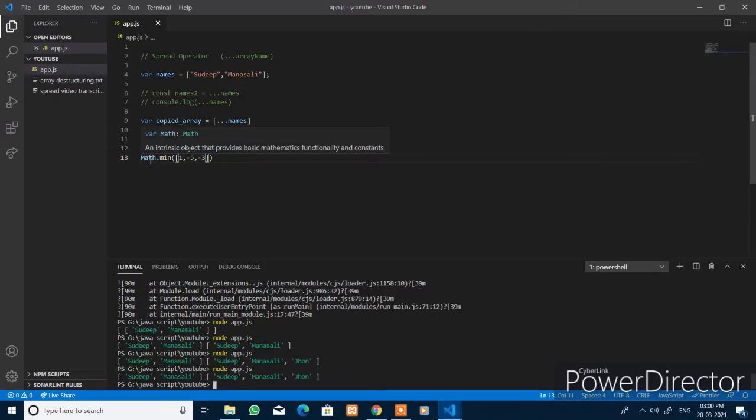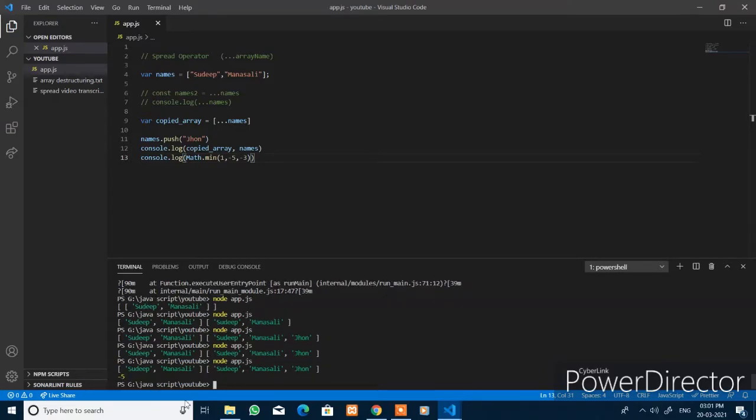Sorry, this method will not take this as an array. And if you log this with console.log, it just returns -5 as our value. Just save this. Here you see -5 is logged in the console, and this -5 is the smallest value within this list, 1, -5 and -3.